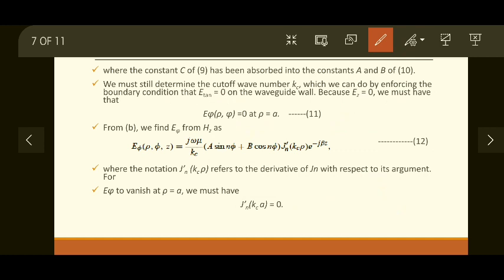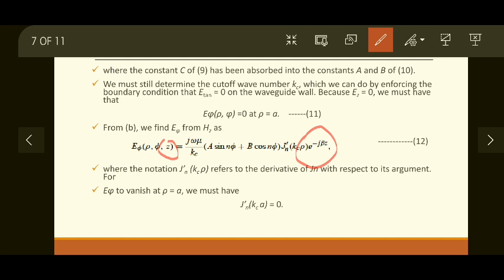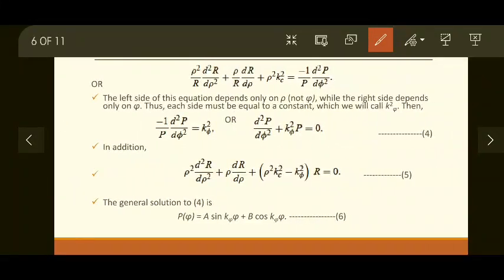Now use this boundary condition to find E phi and Hz. E phi is a function of rho, phi and z. Let's consider z again, which will be denoted by e raised to minus j beta z, and E phi of rho phi we have already found from the previous expression, this one, and the general field equations in cylindrical coordinates. So referring to the general solutions for cylindrical coordinates, it is j omega mu upon k_c into this term, A sin n phi plus B cos n phi, multiplied by J'_n(k_c rho). J'_n is a derivative. Why are we taking the derivative here? Let's go back to the general solution.